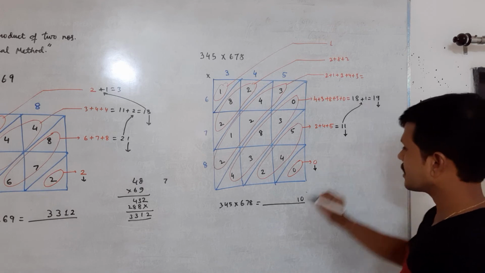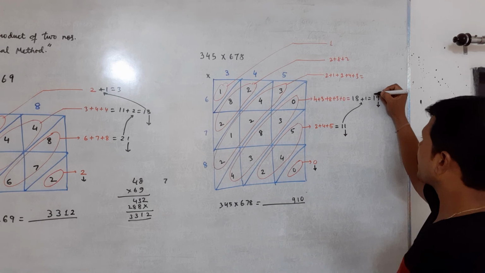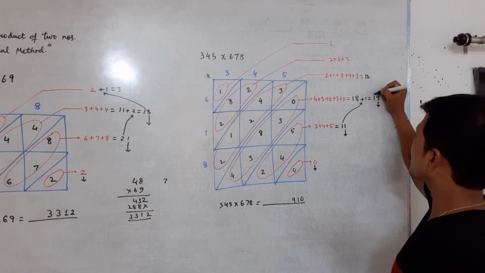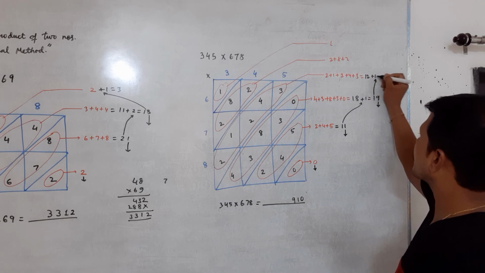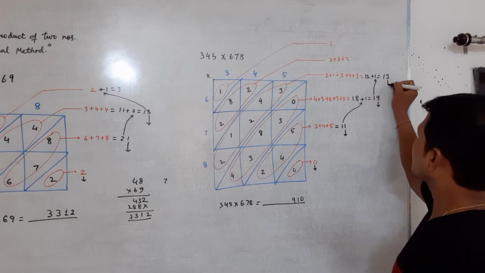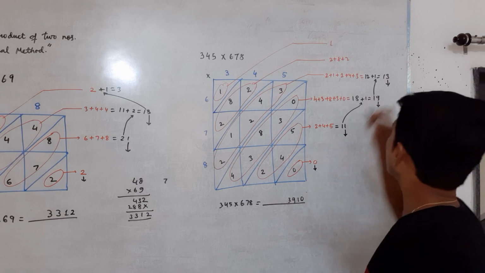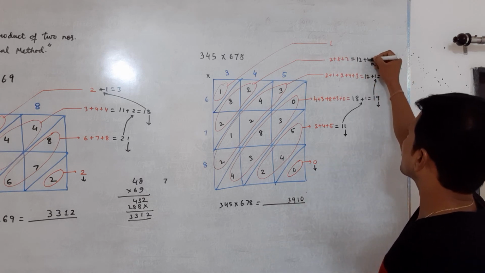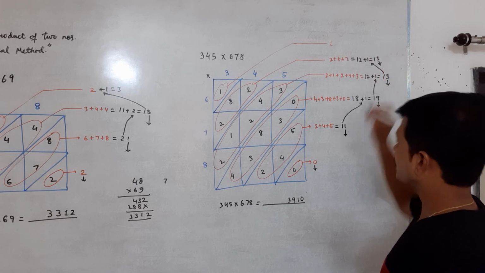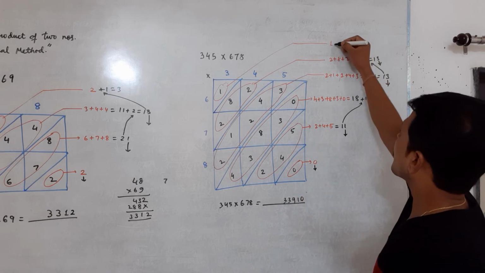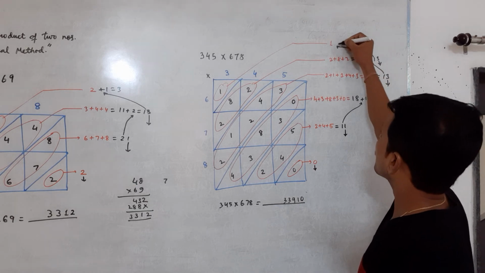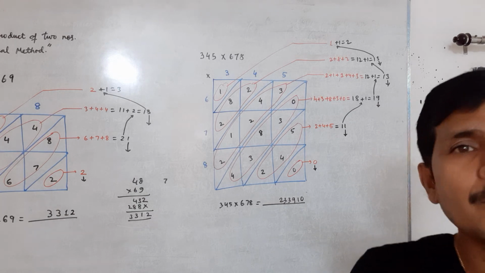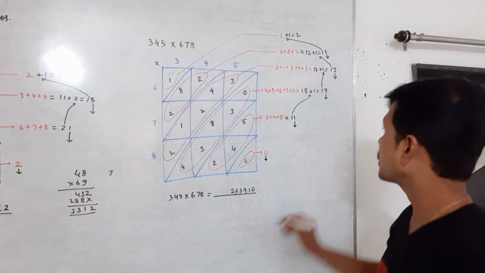19, 9 one's place will be written over here. Wait for this one. Add up over here. This is 3 plus 2, 5, 5 plus 7, 12. 12, and this one I am going to add up over here. This is equal to 13. This 3 will be written over here. And add up this place. This is equal to 12, and this one I am going to add up over here. This is equal to 13 once again. This 3 I am going to write it over here. And this one I am going to add up over here. So I get 2. Now let us check it by the usual method of calculation.